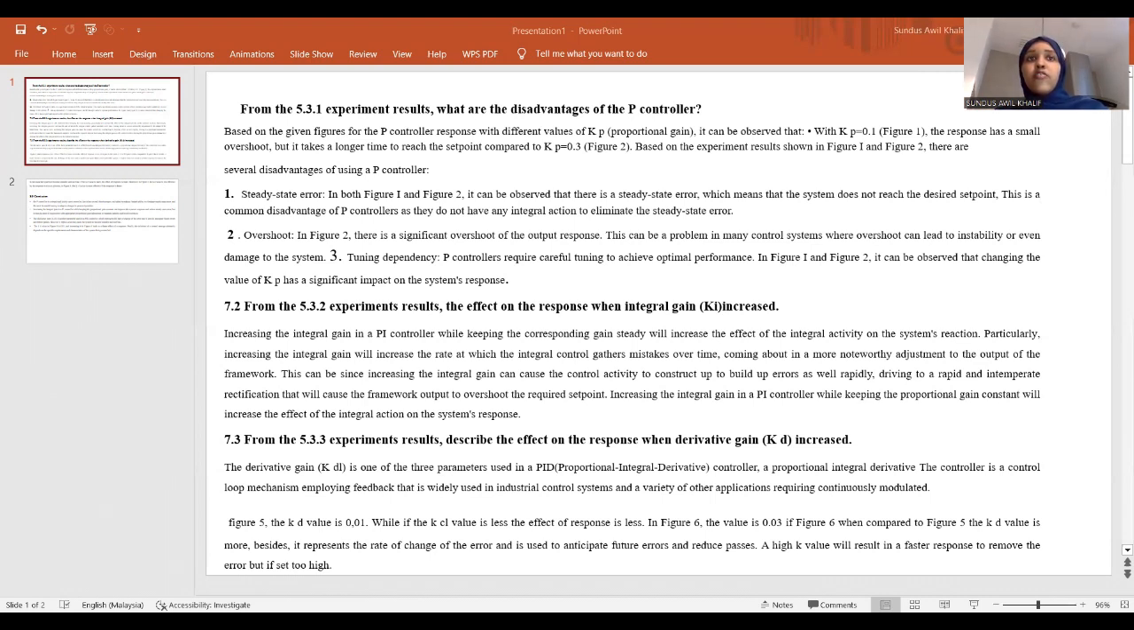This can be seen as increasing the integral gain can cause the control action to build up errors too rapidly, which will cause the system output to overshoot the required set point. Increasing the integral gain in a PI controller while keeping the proportional gain constant will increase the effect of the integral on the system response. The third experiment is